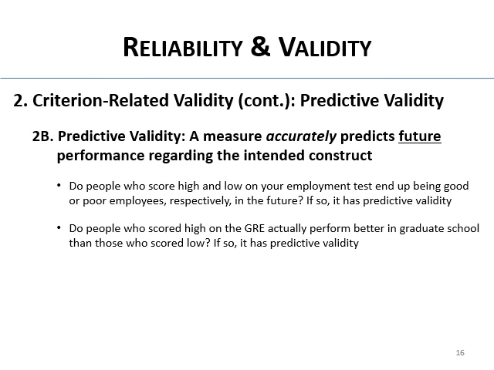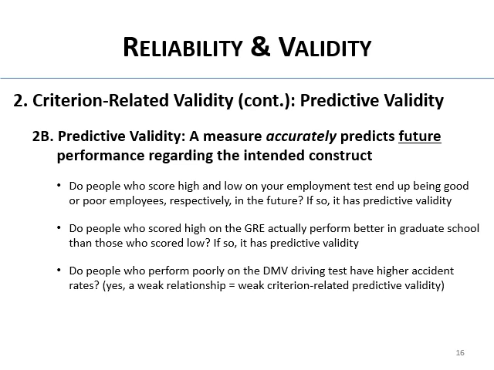Do people who score high on the GRE actually perform better in graduate school than those who scored low? If so, I doubt it, but if so, it has predictive validity, right? Do people who perform poorly on the DMV's driving test have higher accident rates? That's what it's supposed to measure. The short answer is sort of, it's a weak relationship. It's weak criterion-related predictive validity, and the reason is